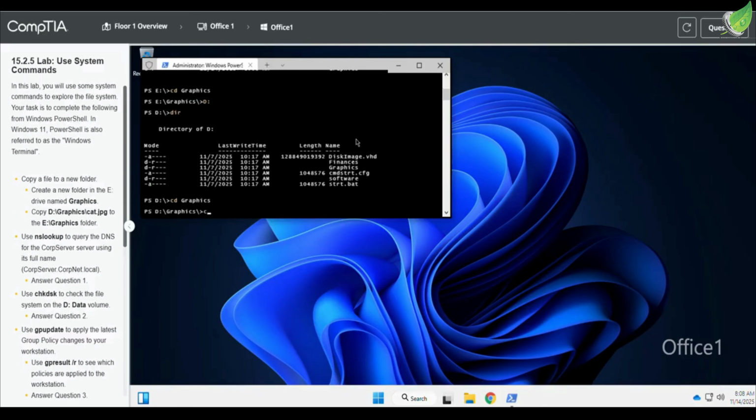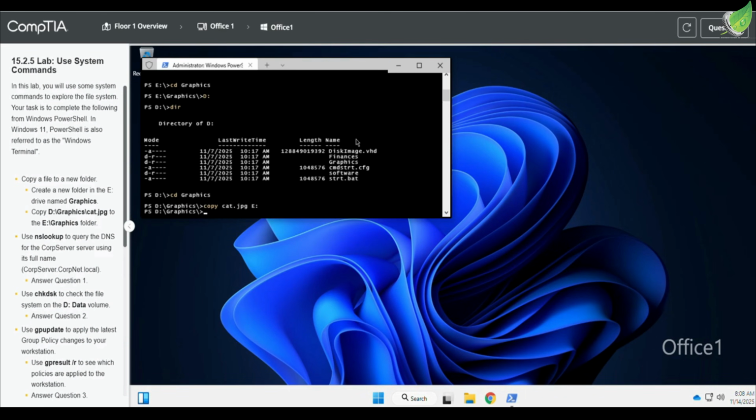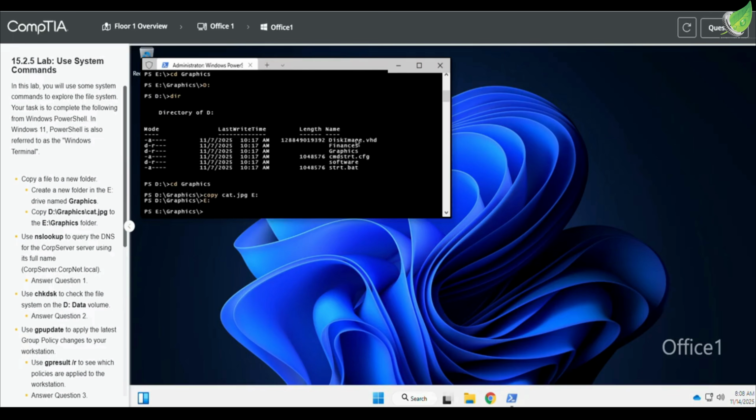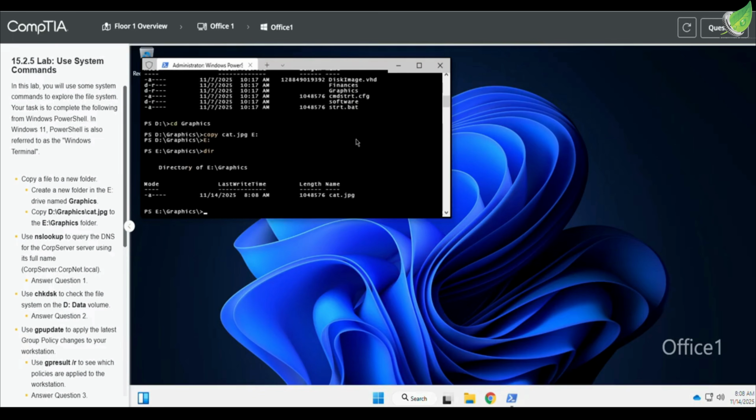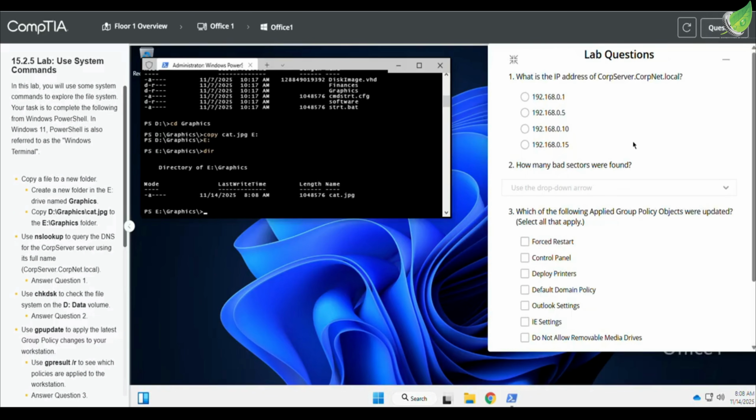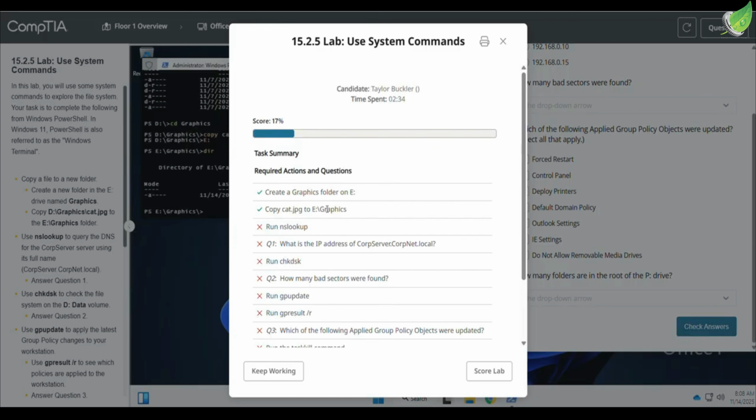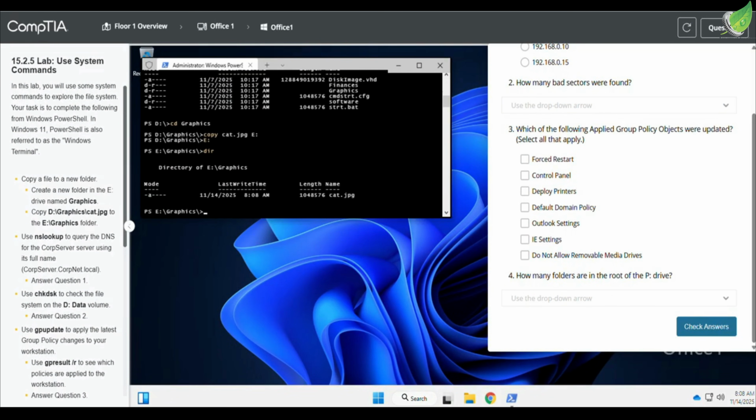So we copy cat.jpg to E:, press enter. Type in E: and press enter, and dir, press enter. Let's check our answers and see what is left. Okay, so from the tasks that are left, we want to